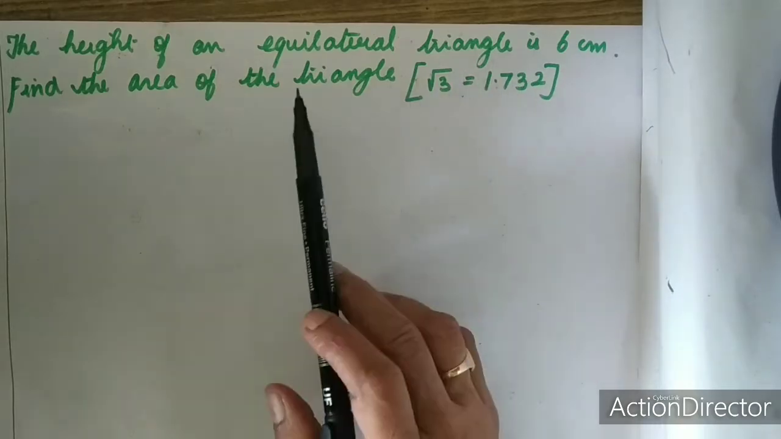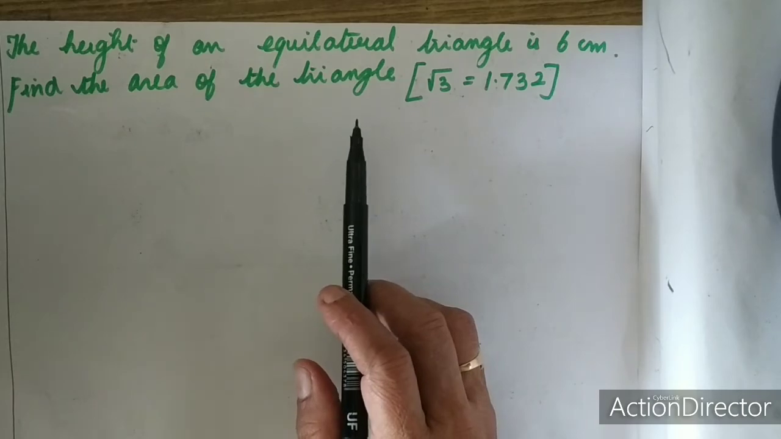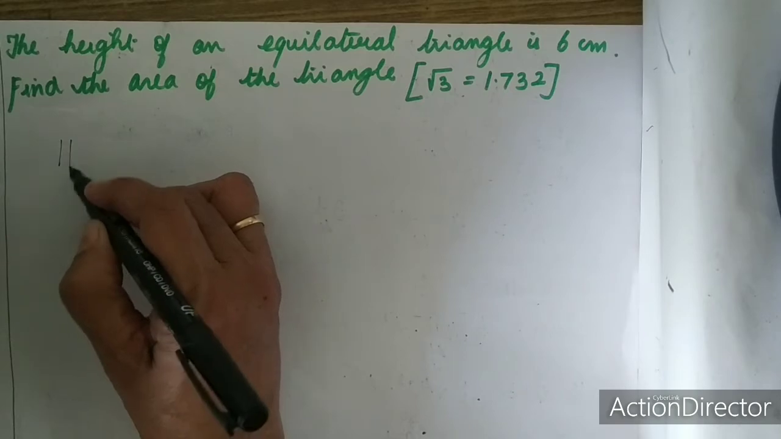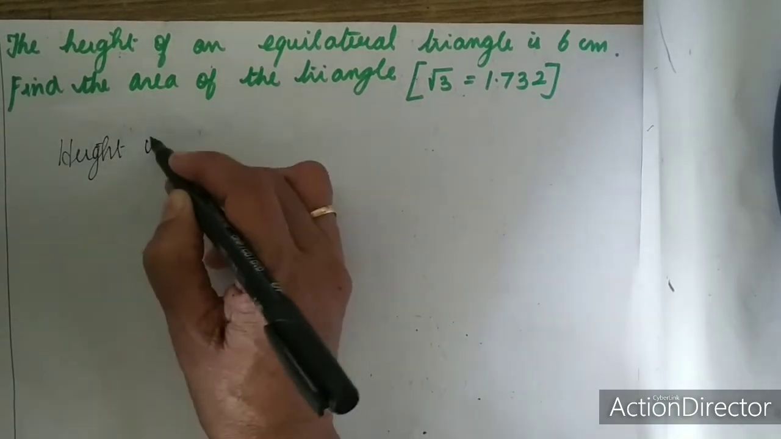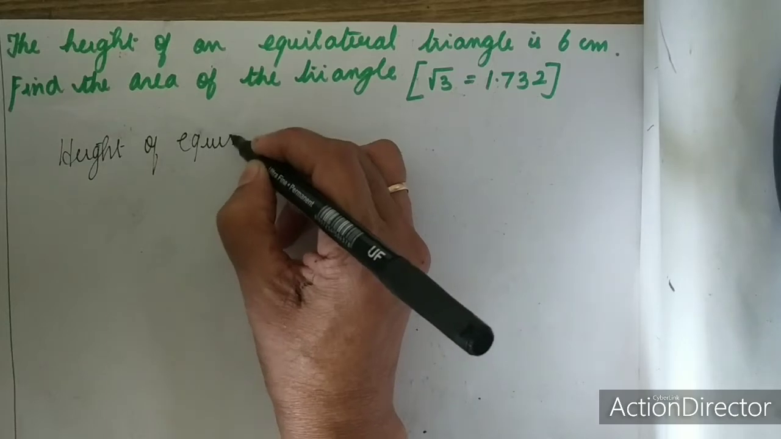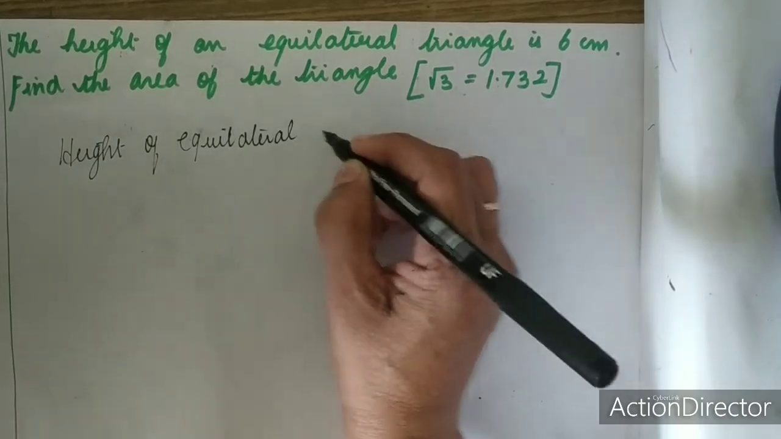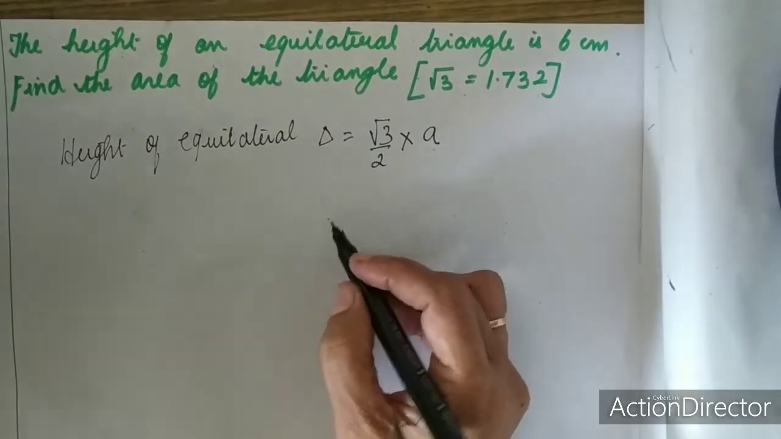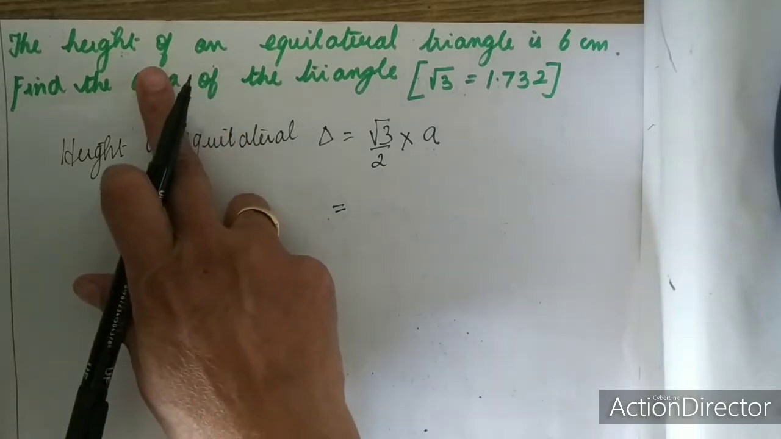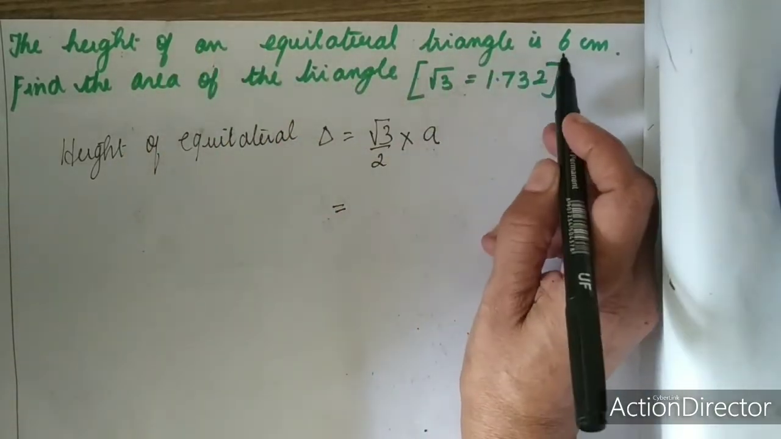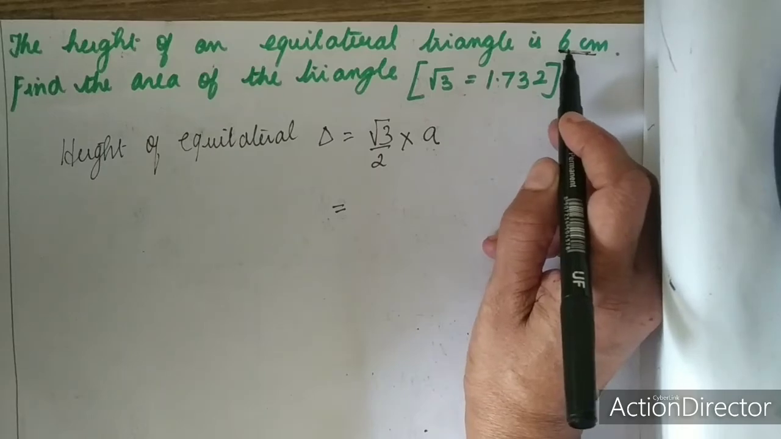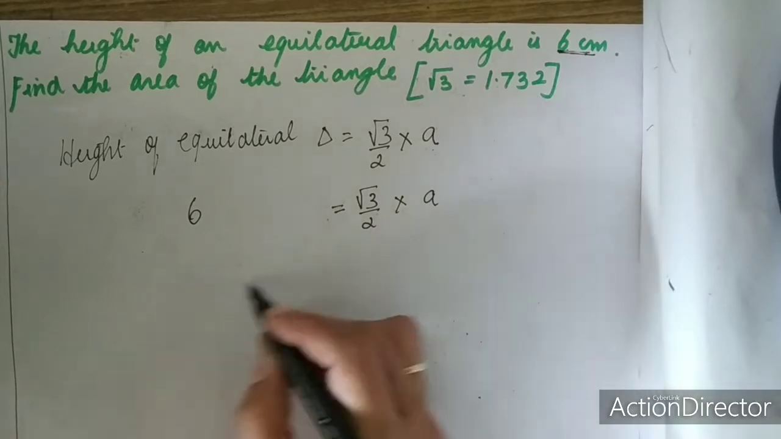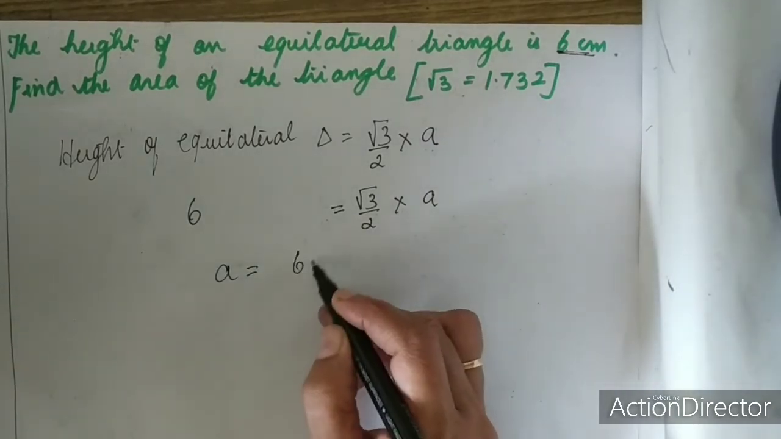In this case, we can directly use the formula where the height of the equilateral triangle is given as root 3 by 2a. So, first you write height of equilateral triangle is equal to root 3 by 2 multiplied by a. Now, what is given in the question? A is not given, but the height of the equilateral triangle is given. So, in place of height, we can put the value of 6. So, 6 is equal to root 3 by 2 multiplied by a, or a is equal to 6 into 2